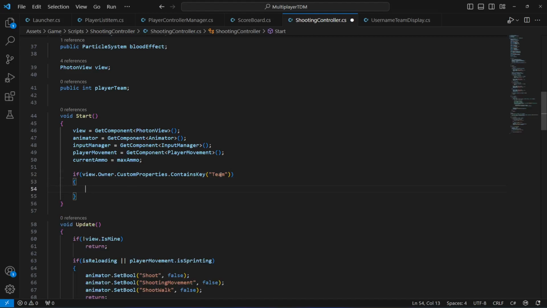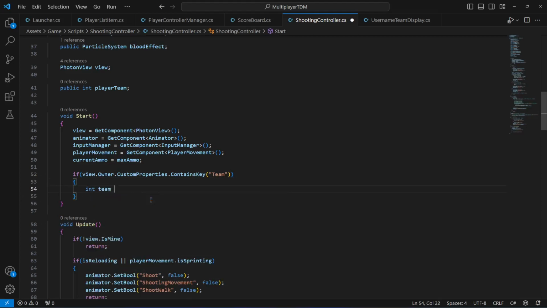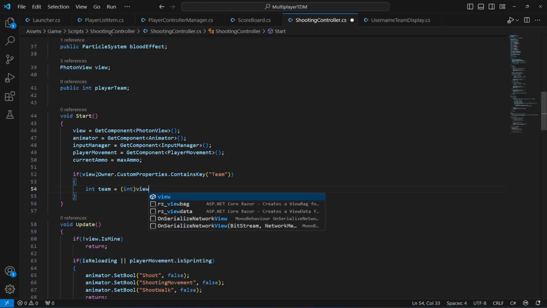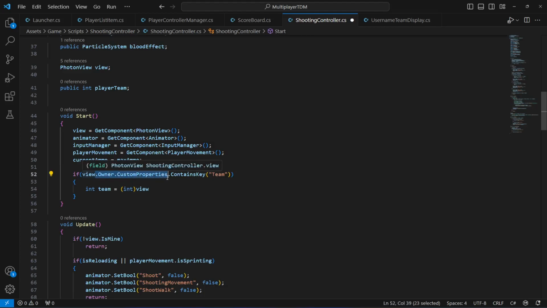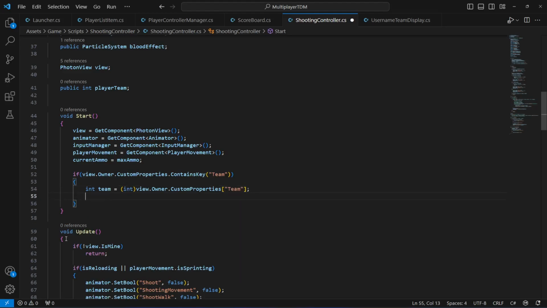and if there is a team key, then we're going to create an integer team which will be equal to the view.owner.customProperties, and we're going to pass team. Okay, and then the player team will be equal to the team. So now once we have this,